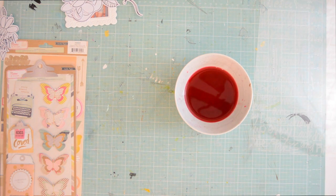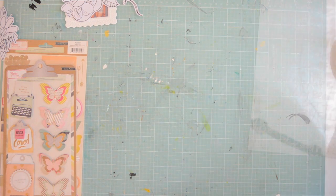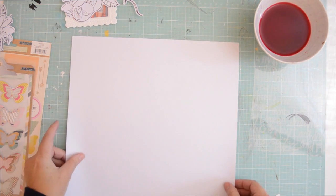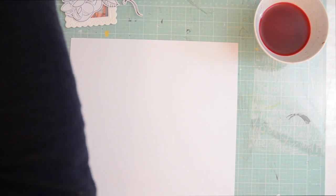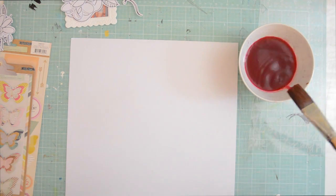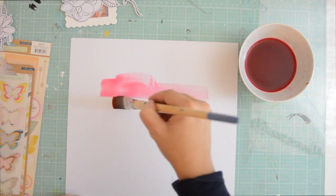You can let it dry and dip it again, so then you get two different shades, but I'm just going to do the one shade. I'm also going to be using a beautiful transparency paper by Studio Calico. Beautiful script, and I absolutely love it. But first we're going to be painting with the dye on our page, and I'm also going to use some gelatos. So you can see I'm just painting a little strip,